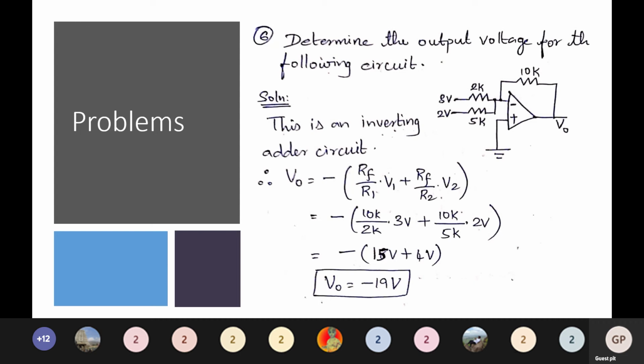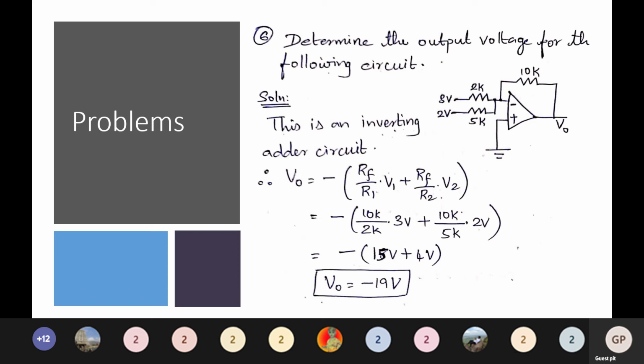Right. Now just see the circuit. What sort of circuit is this? You see this, you can easily identify that there are multiple inputs given to the inverting terminal. Whenever there are multiple inputs given to one of the terminals, it is easy to identify that it is a summer. Okay, it is an adder circuit. And since in this case multiple inputs are given to the inverting terminal of the op amp, it is an inverting adder, right? And you can see that resistor values are there, and if you remember, we assumed that if all the resistor values are equal, this R1, R2, R3 all equal, the expression will be output is equal to minus Rf times the sum of the inputs.